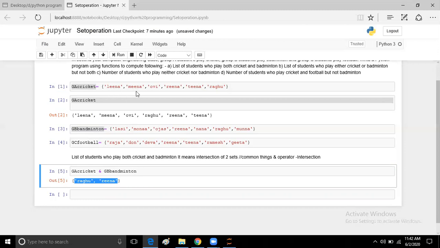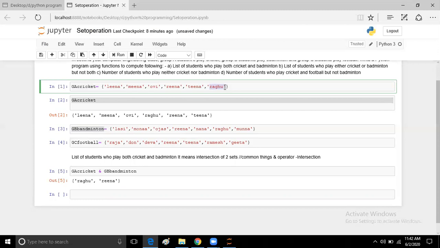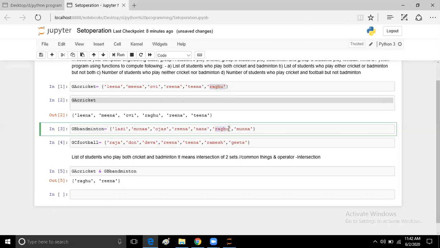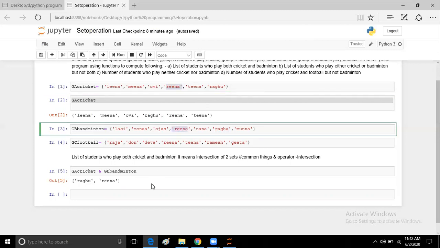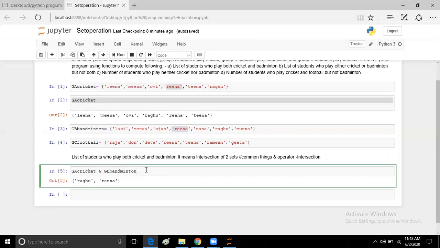Raghu, you can see this name in the cricket set as well as the badminton set. In the same way you can see the name Reena in both sets. So we found two common players who play cricket as well as badminton. If I want to store this output in a new set, I can give some name, like scom equal to this set operation which shows the common part.